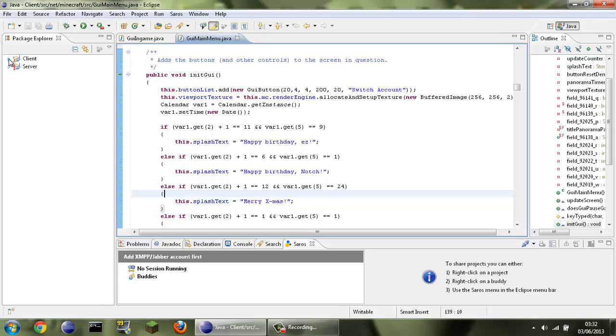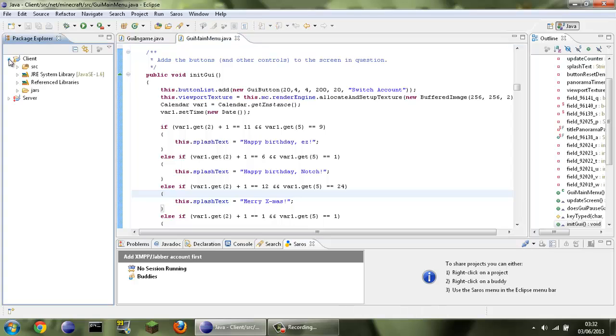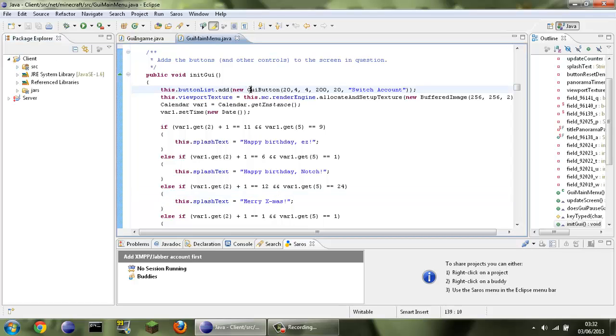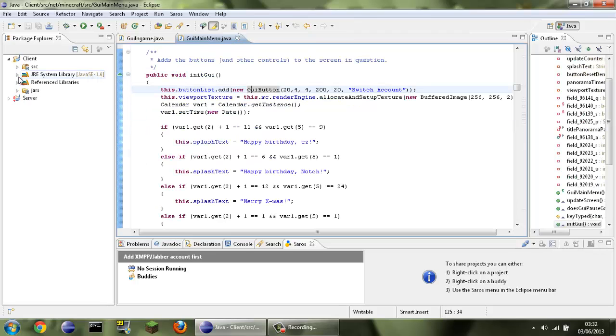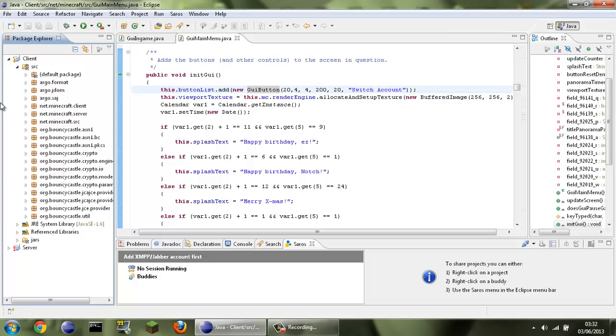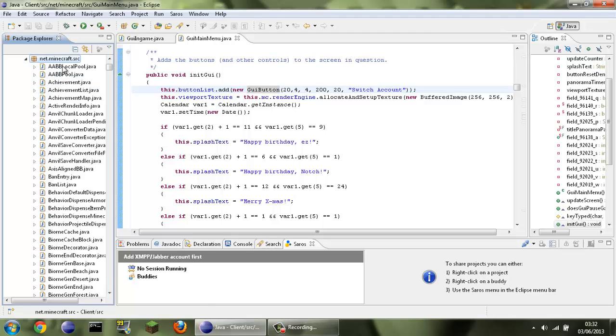This one will be for an offline / cracked server name changer. It's not actually switching accounts, it's just a name. Now you can actually just switch your name. Basically, we're going to do what we've done in the last tutorial, and that's just create a new class and we'll call it